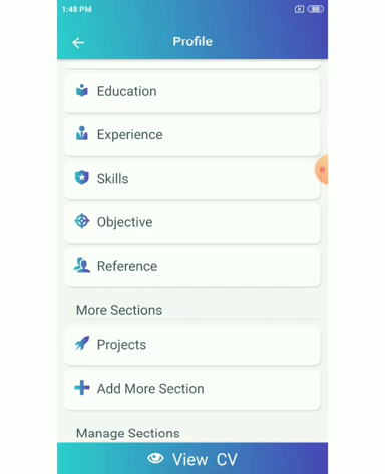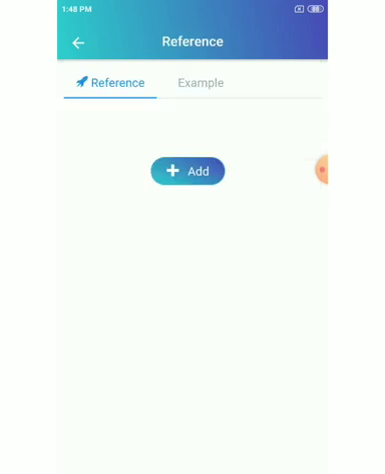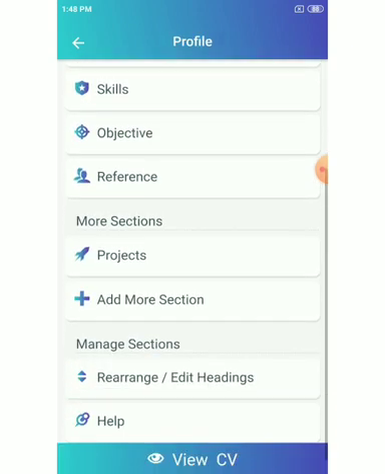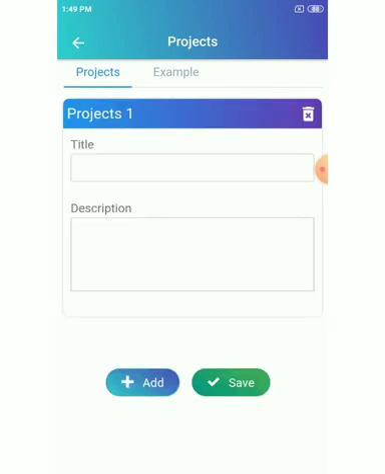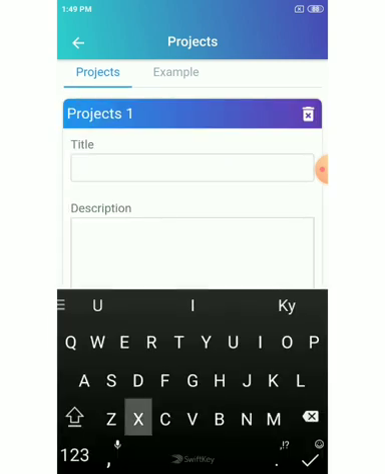If you have any references for company, you can go to that, add your references if you have that. If no problem. Project, if you have completed any project during your BSc, during your MSc, mention here.